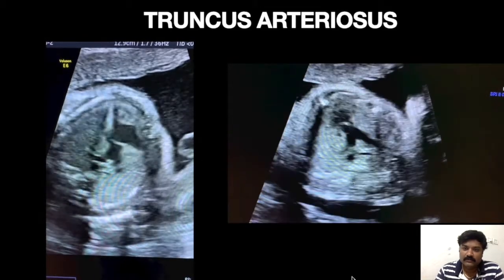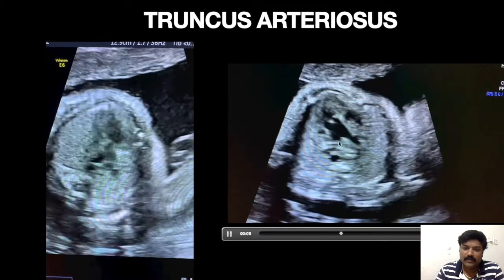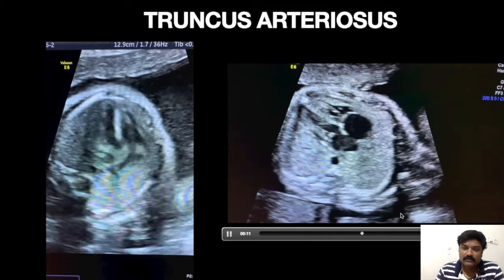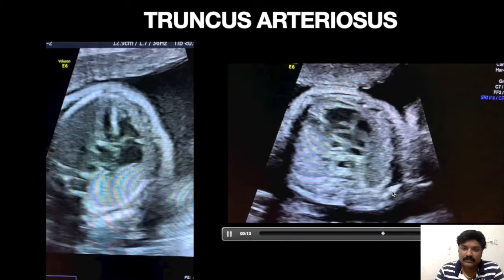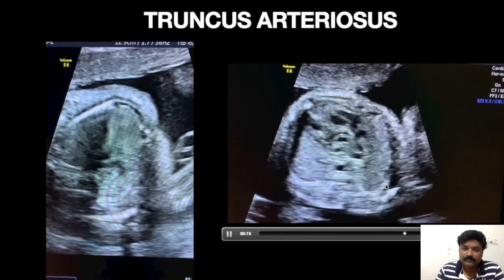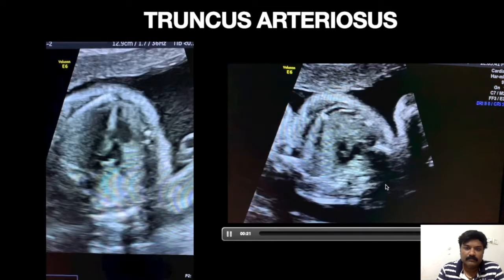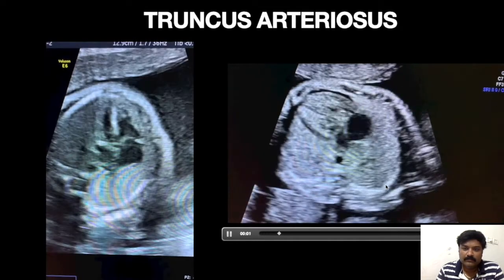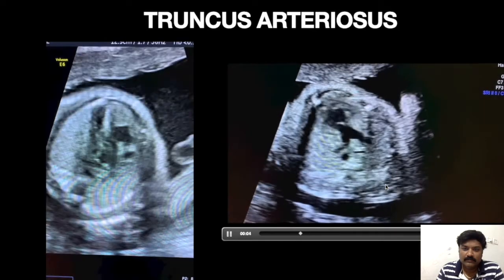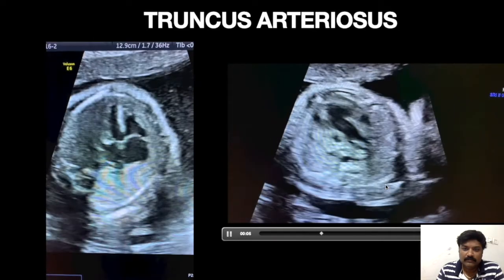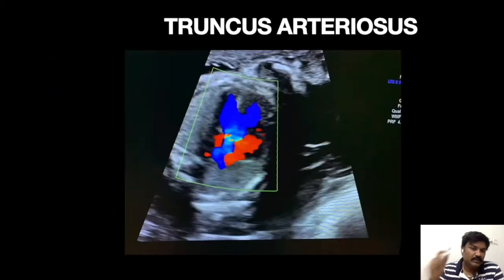Large vessel, aorta and pulmonary artery branching from the truncus arteriosus later. So this is the great vessel, truncus arteriosus, which is actually receiving supply from right and left ventricle due to the malaligned VSD lying over there.